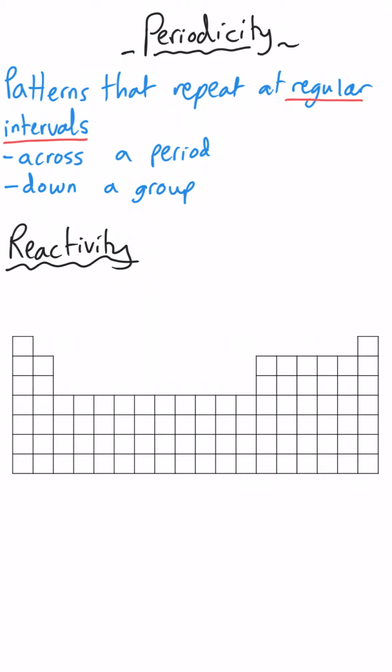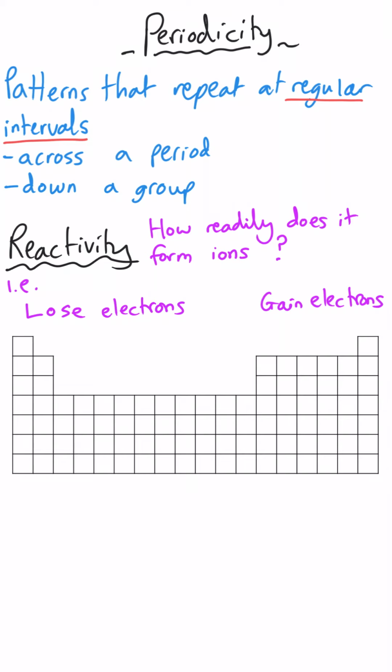Typically, when we're talking about periodicity, we're talking about patterns across a period, or, as we're going to look at now, down a group. One of the most common patterns that we look at is reactivity, so we're going to consider that first. So what affects the reactivity of an element? Usually when we're talking about the reactivity of an element, what we're really considering is how readily does it form ions. Now, if you remember, ions are formed when elements lose or gain electrons,